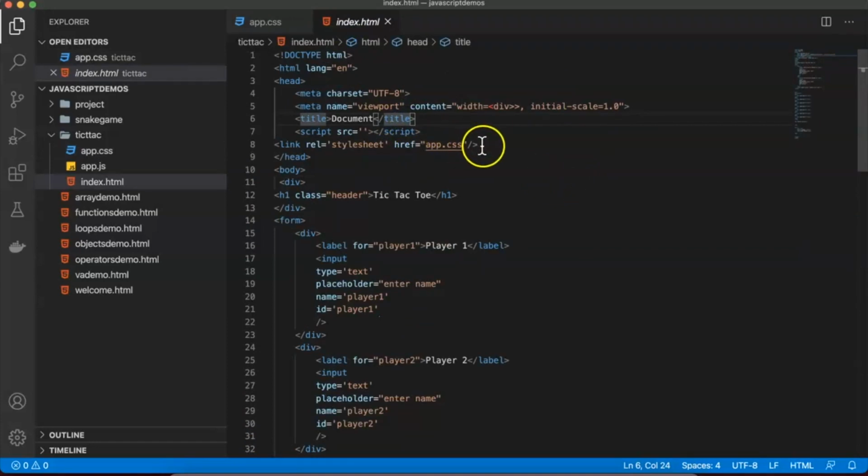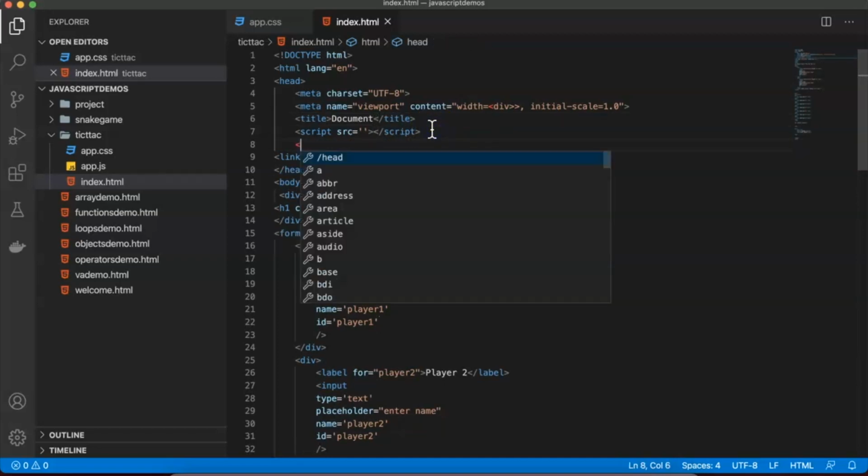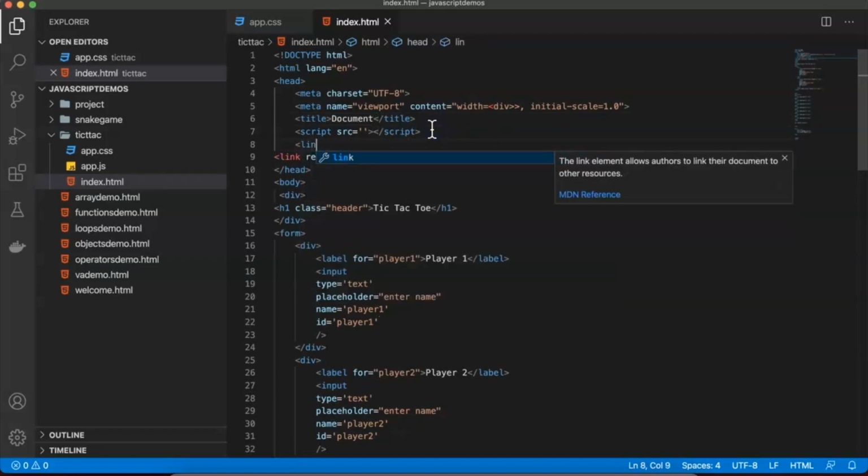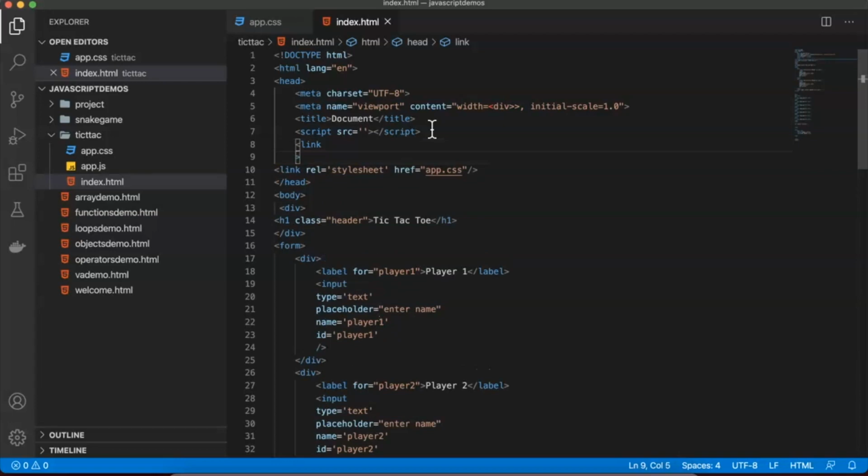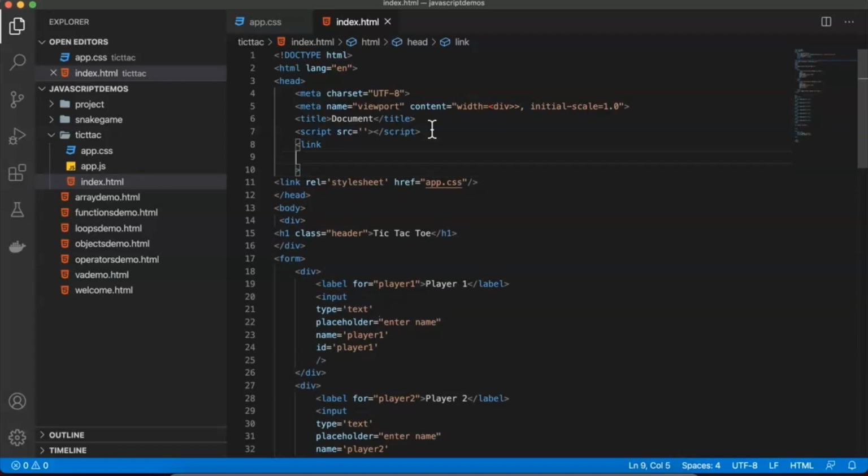So here where we have the CSS, before that we want link. So within this link we want one variable called href equal to, now we have to give the proper location by saying https://fonts.google